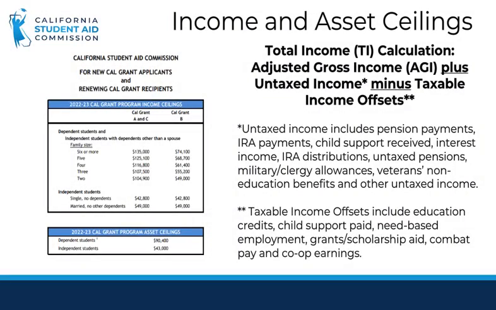One of the Cal Grant requirements is that students are income qualified. As a requirement, a student's total family income must be within the ceiling for their family size. If a student is a dependent student, only their parents' income and assets are used. If the student is deemed independent, then only the student's income and their spouse's is used. The ceilings are also broken down by family size and the different grant types, Cal Grants A, B, and C.